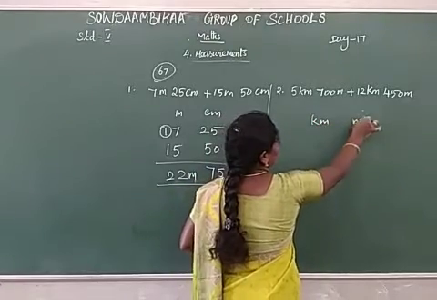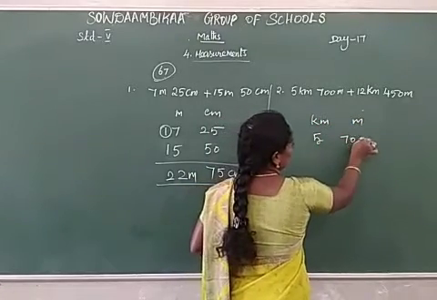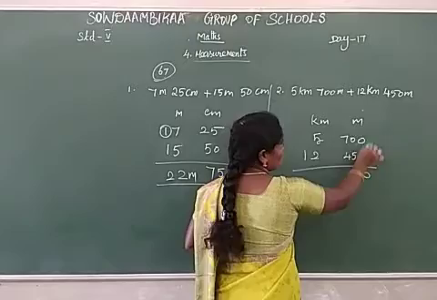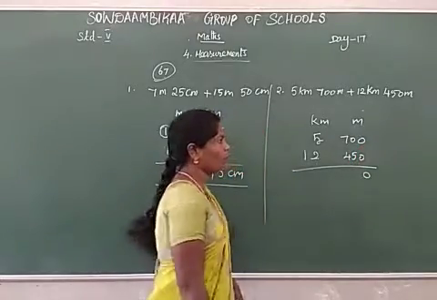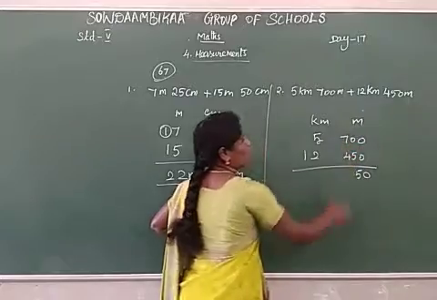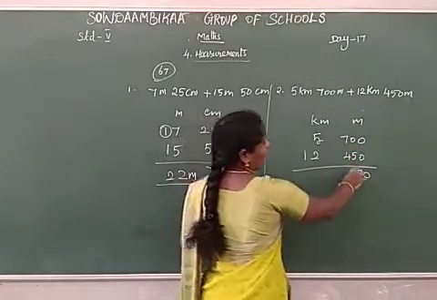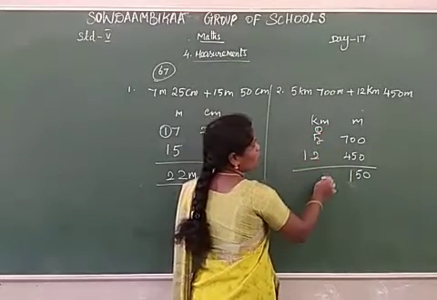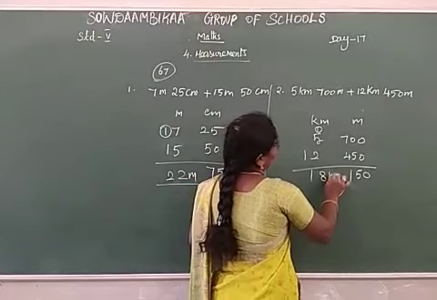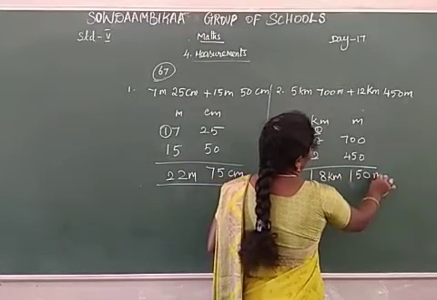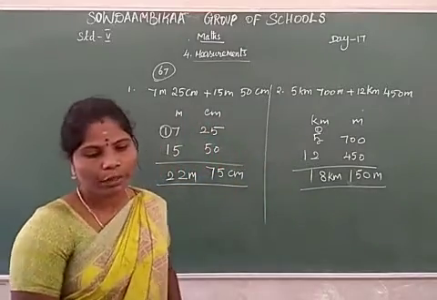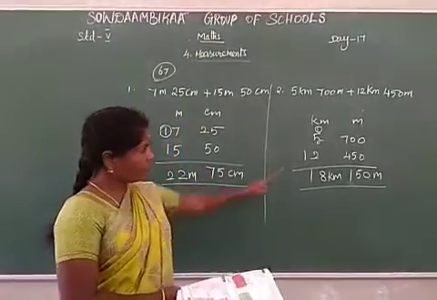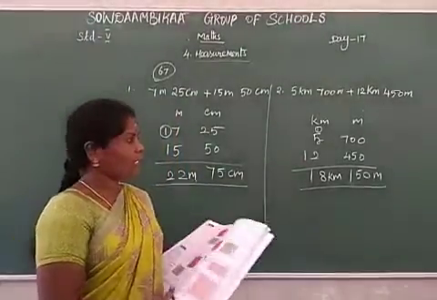Kilometer, meter: 5 kilometer, 700 meter, 12 kilometer, 450 meter. 0 plus 0, 0. 0 plus 5, 5. 7 plus 4, how much? 11, 1, remaining 1. 5 plus 1, 6. 6 plus 2, 8, and 1. 18 kilometer, 150 meter. Okay. The sums are 22 meter, 75 centimeter, and 18 kilometer, 150 meter. Next,